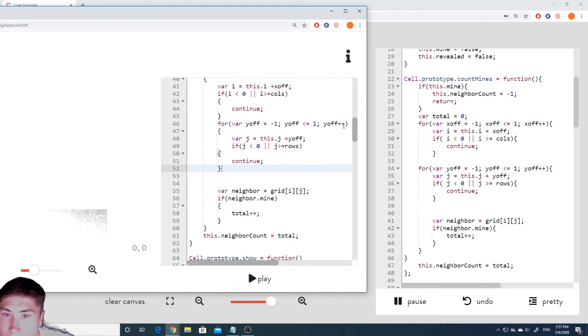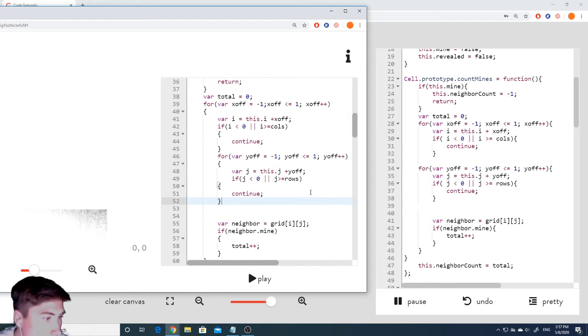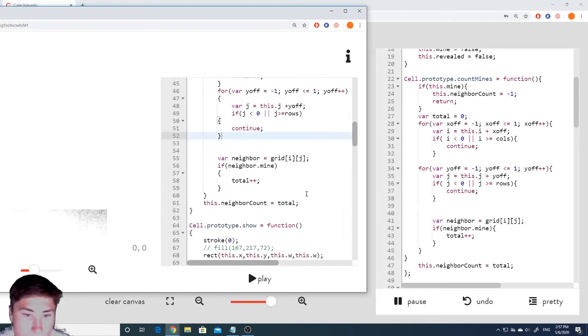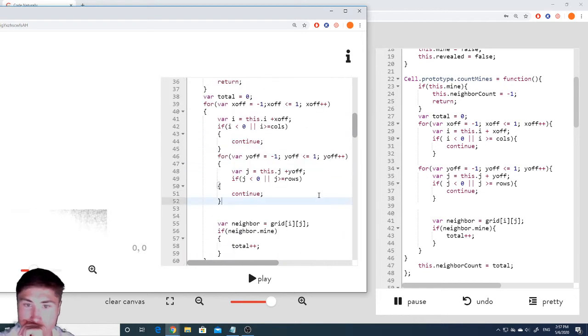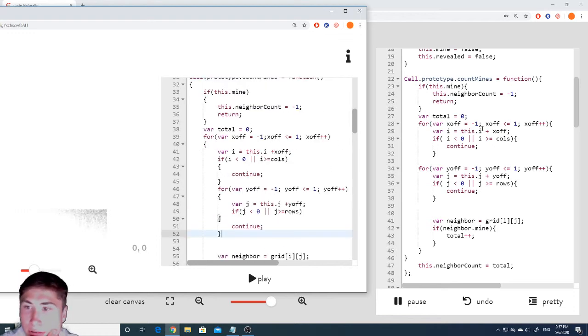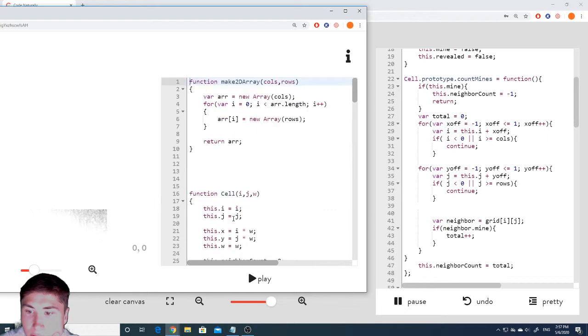For var... wait, so if these two brackets go together, for if these two go together,